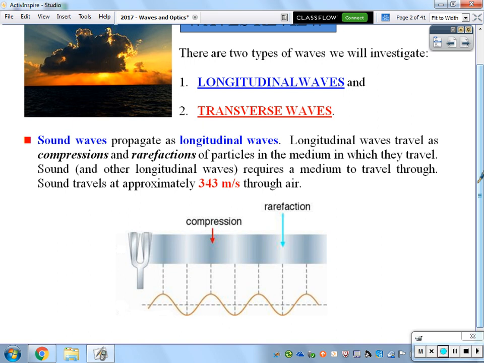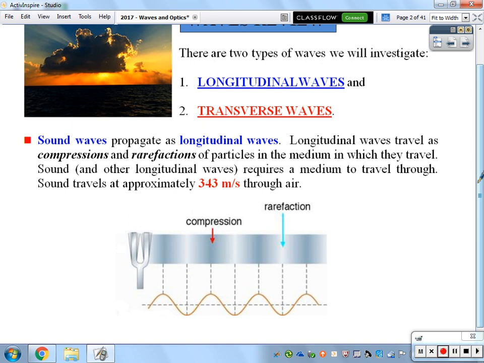So we have that particulate matter that just bunches up in these compressions. That energy is transmitted through that medium to you, right now in terms of listening to what I have to say. Now that's because in your ear you have small little bones and a fluid that helps you pick up on what that vibration is and translate that into a signal that your brain can process. So the point about the wave itself is that we have to have that particulate matter that's there. All longitudinal waves require a medium in order to travel through. Without it, it simply doesn't happen.